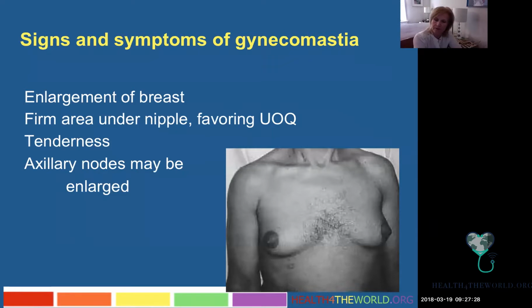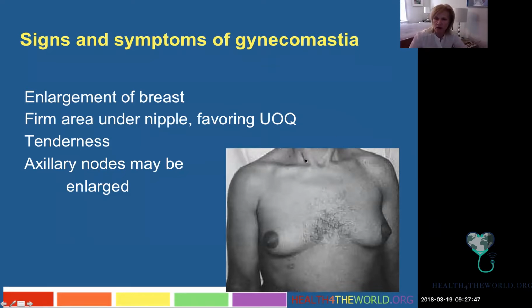Here's an example of a male with gynecomastia. You can see there's definitely enlargement of the tissues bilaterally. The nipple and areola become more prominent. This is a pretty well-developed example of gynecomastia. If your eyes are sharp, and if your eyes have been wandering, you can see he